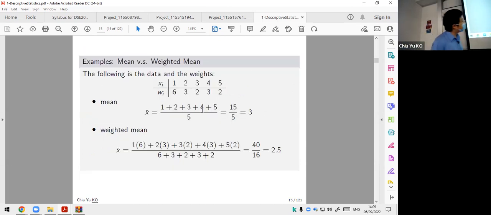So the data, just telling you how to calculate this, is very simple. We have 5 data points, 1, 2, 3, 4, 5, and each has different weights. Surprisingly, we put a lot of weight on the first observation for some reason. If you just do a simple average, adding up and dividing by the number of them, it is 3, but the weighted one is very different. It's 2.5. The reason is you have more weight on the bottom one, so the number is lower. There is nothing new here, just an illustration of how to calculate it. I hope you learned it; I think it's also in the junior school curriculum in Hong Kong, so everyone should know it.